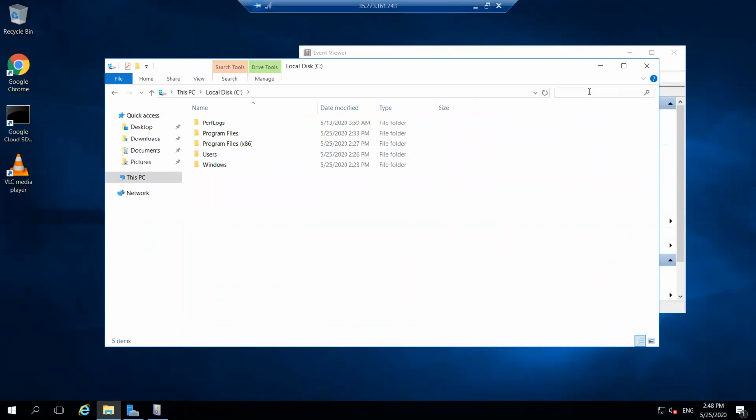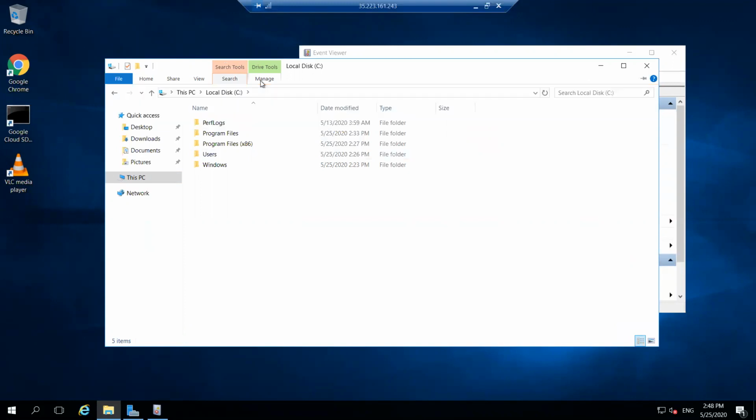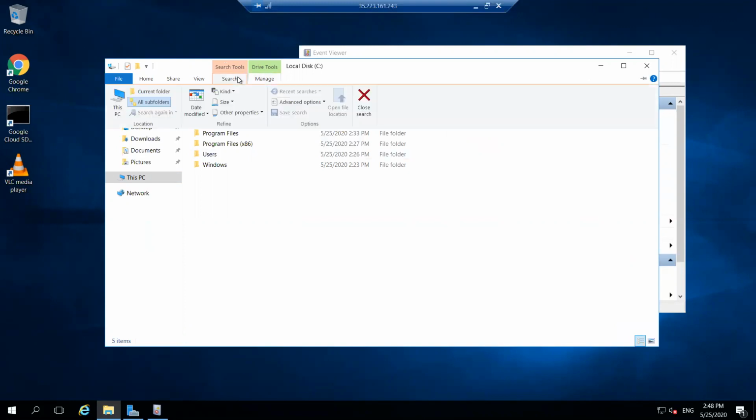There is a search option. Okay. Advanced option. Okay. Manage. Size. That's okay.